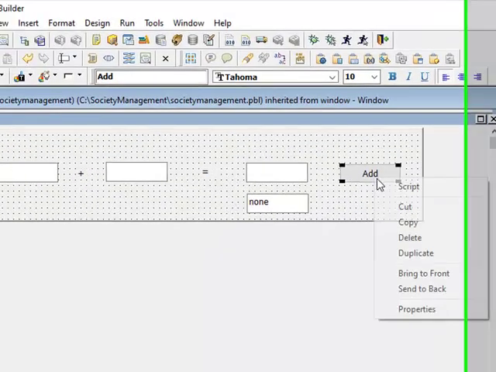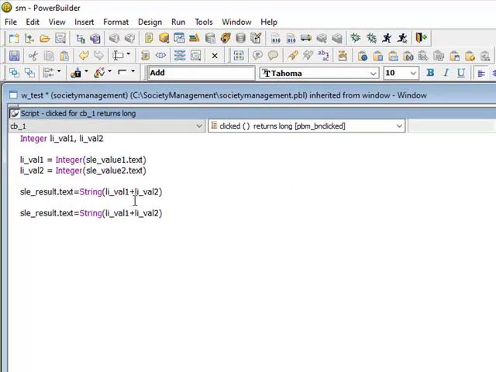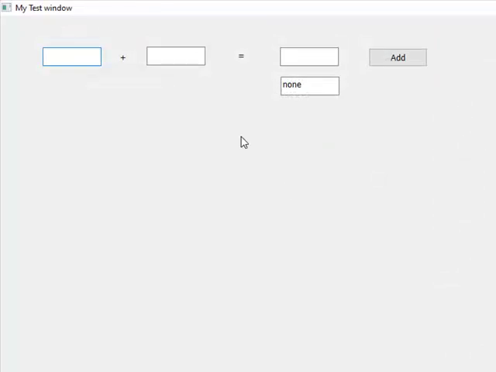SLE1. 5 plus 2 is 7, 5 minus 2 is 3, right?